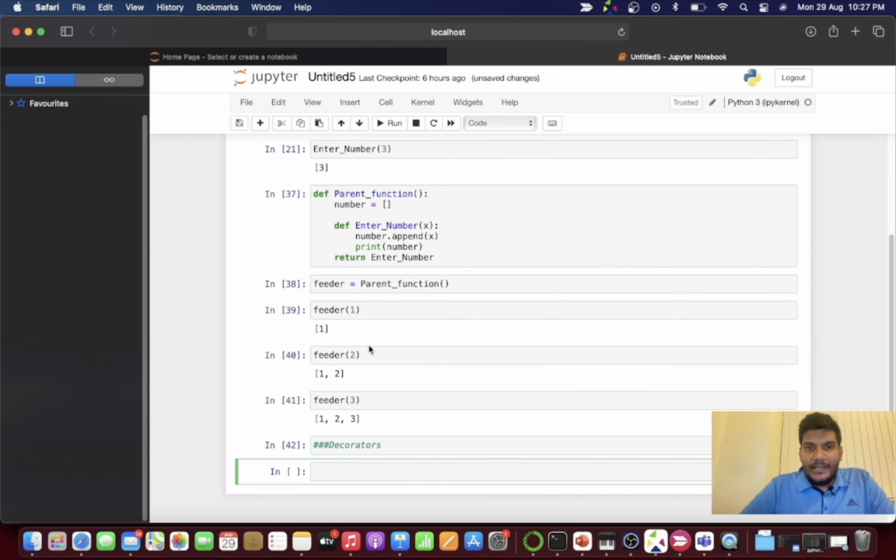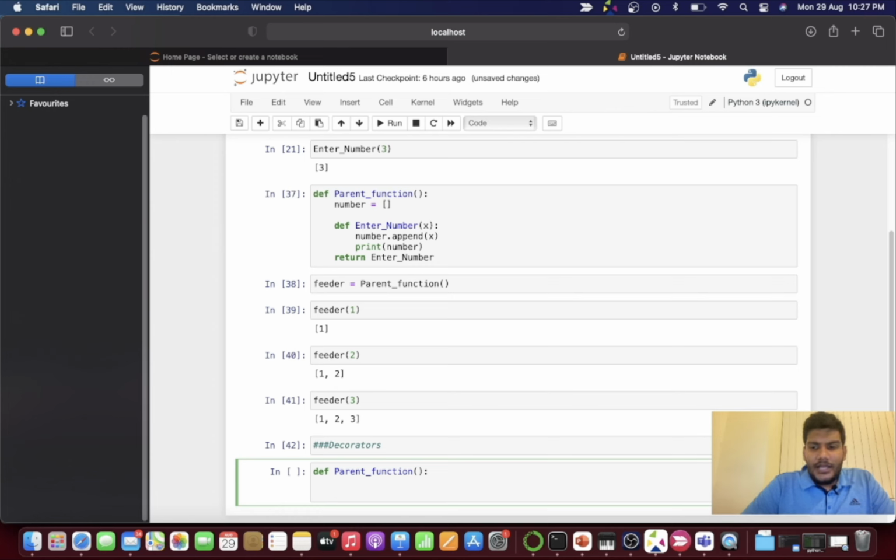Okay, now let me define again a parent function. So I'm defining a parent function. Okay, so this is my parent function. Now within this parent function, let me define a message here. This expects a function, right? Now let me define another function, which is the child function,